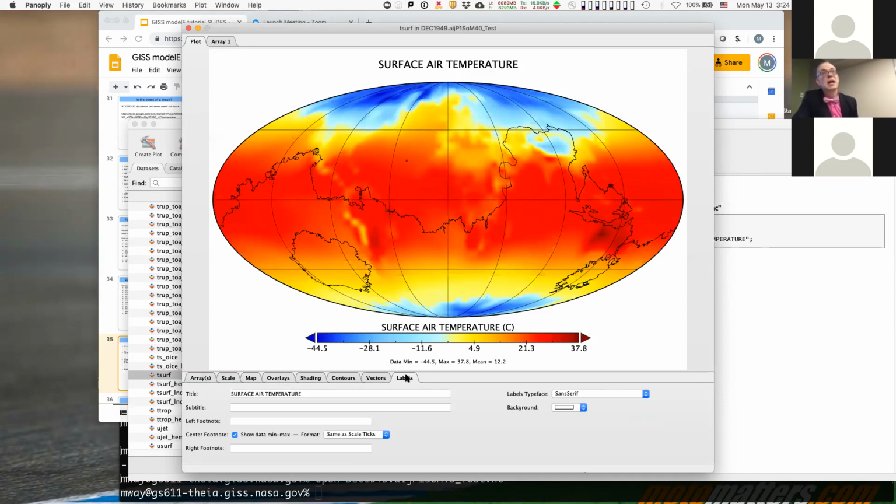And in fact, there's even a command line version of this, so you can create scripts. Once you've generated one of these,